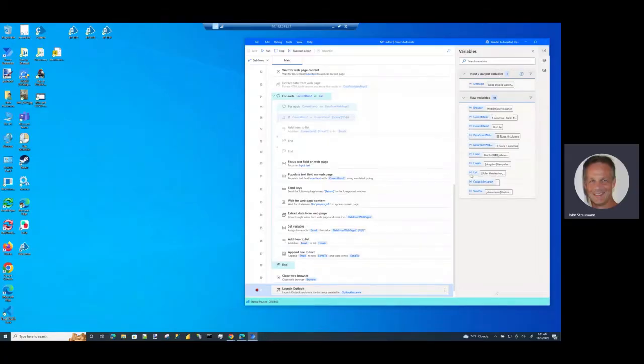Okay, so we're back, and let's see our results. So as you can see, I've paused it on launching Outlook and actually sending the email, and I built a list here. Let's have a look. Where is it? No, that's not it. This is it. Our send to list. So it's a list of emails separated by a semicolon,